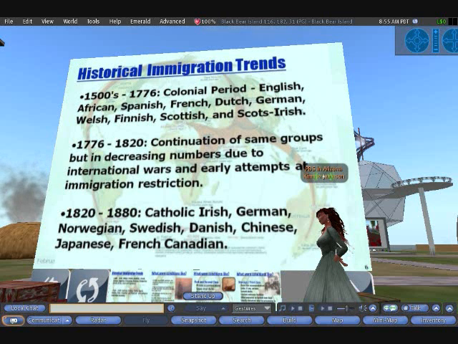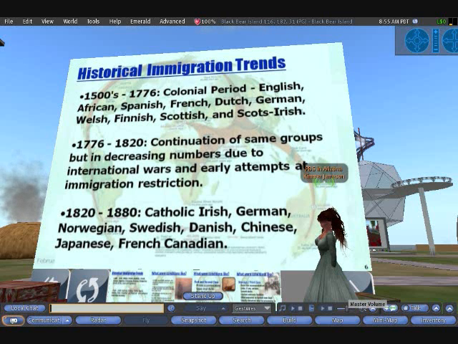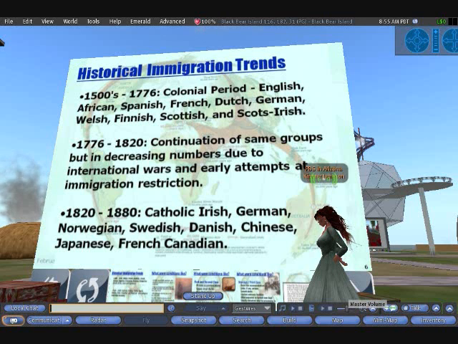There are some key historical periods that certain immigrant groups were the most prevalent, and of course going way back into our country's history from the 1500s to the 1700s during the colonial period, we were focusing primarily on the European descent into the United States. Moving later on, we had groups that were coming due to other kinds of wars, and